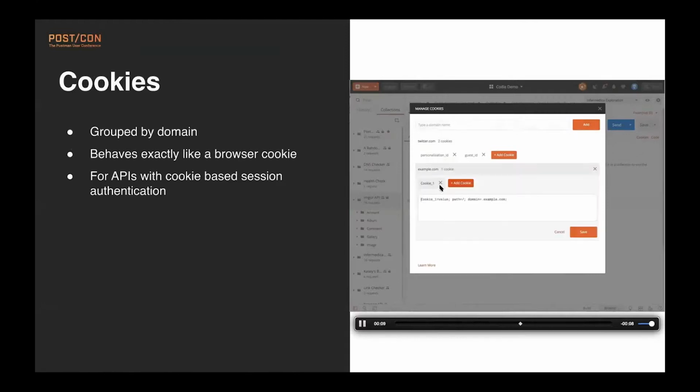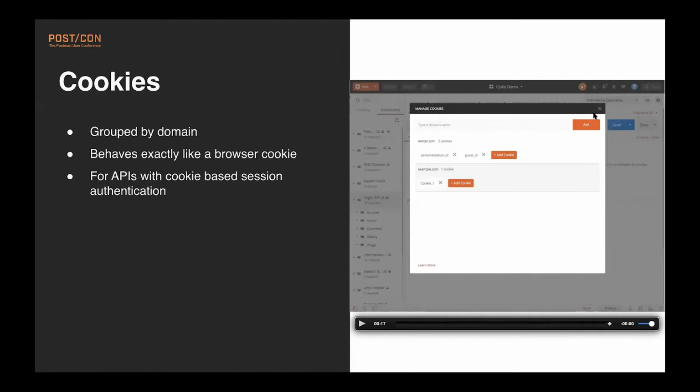It allows you to add a cookie. It'll auto-generate some text. And you can go ahead and save that. Now, you can reference cookies, either in the header or the body, they aren't as commonly used anymore. They were previously for authentication when the web was a little bit younger, and some web APIs will additionally use